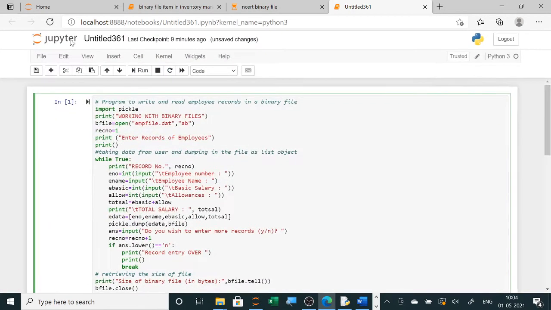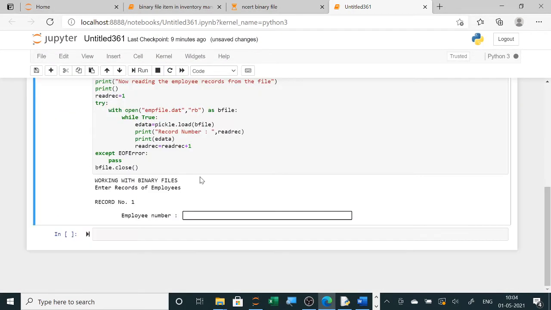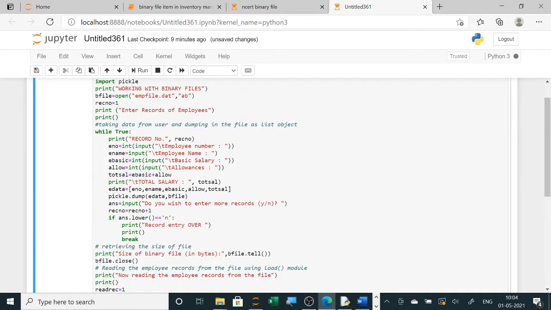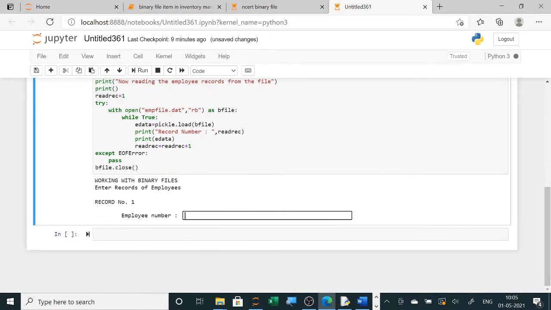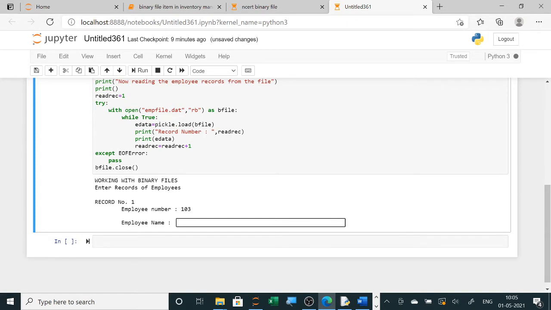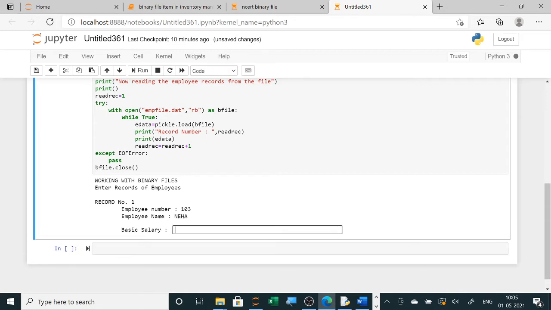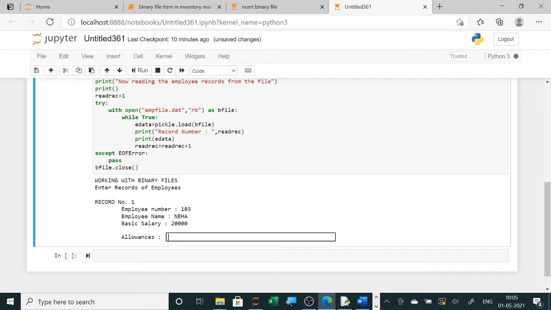Now again when I am running this program, it is in append mode here, so it will add the records. Automatically the first record, it is not asking the user, directly it is taking. So 103 I am entering, and then employee name, some other name I have to give, then basic salary and allowances.